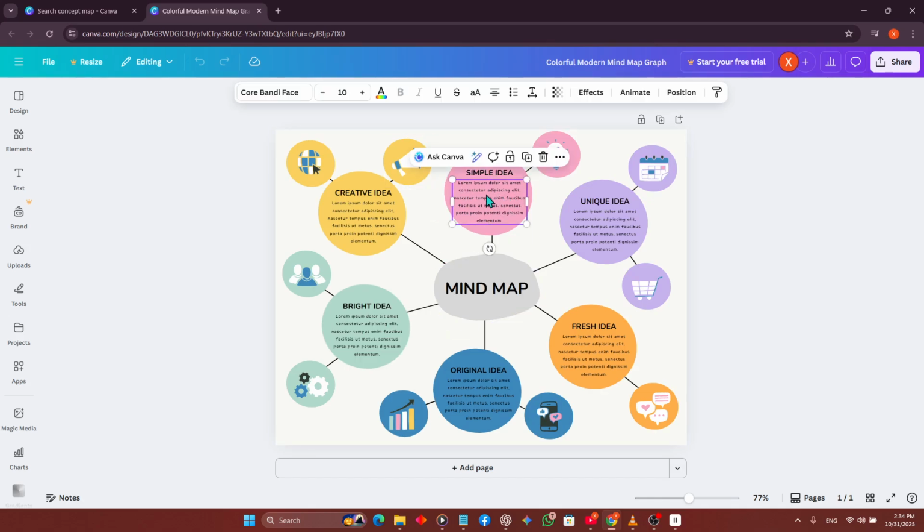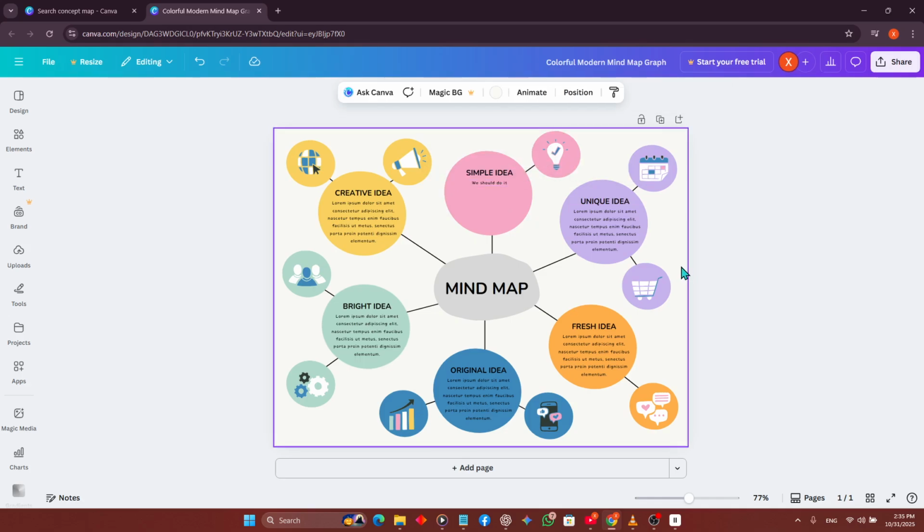Replace the sample words with your own main topic in the center, then fill in the connected boxes with related subtopics or supporting details. If you need more branches or connections, use the toolbar on the left. You can add new text boxes, shapes, or lines to expand your concept map. Canva's drag and drop interface makes it easy to move things around, so don't be afraid to experiment with layout